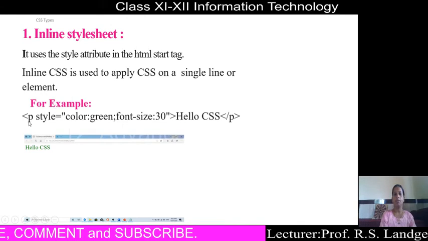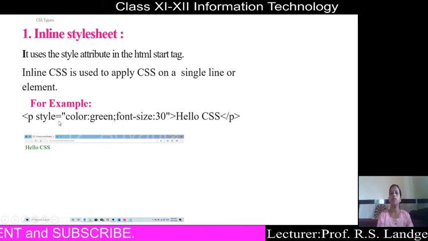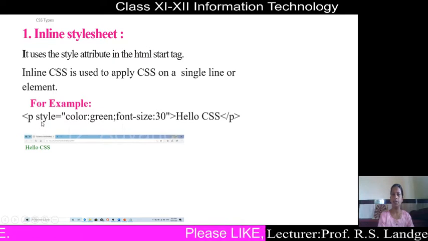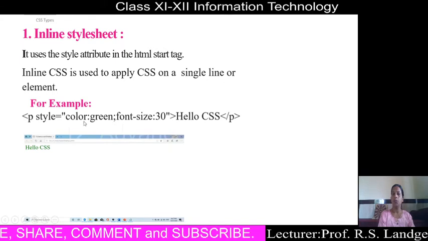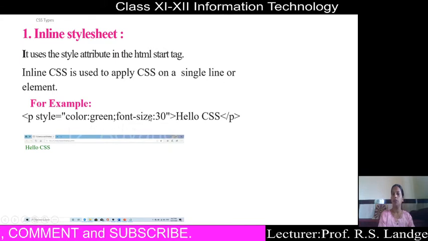For example, in this example, p style equals, style as an attribute, like in HTML I place here style as an attribute, style equal to, inside double quotation, color colon green. That means we have to set color green and font size, semicolon, next font dash size 30 pixel.